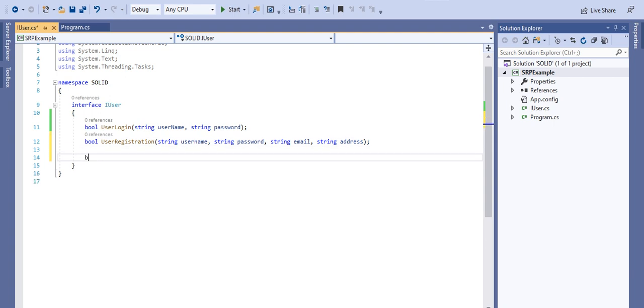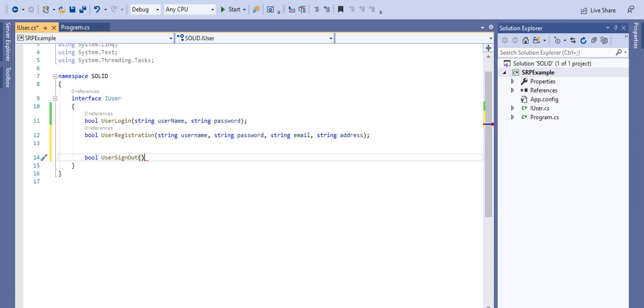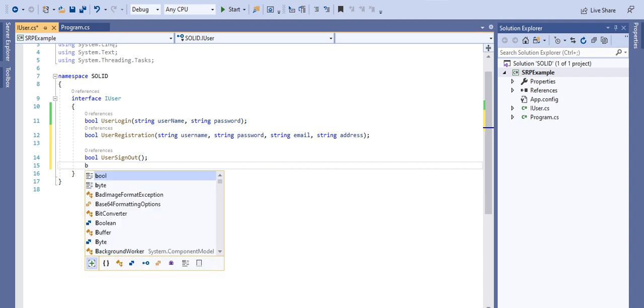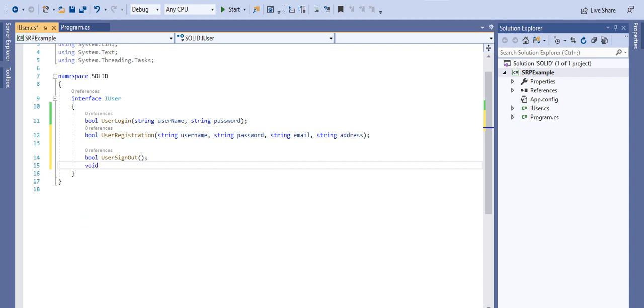And we will take another method, UserSignOut, and that will not take anything. Apart from this, we will take void LoggingError, and it will not take anything again.